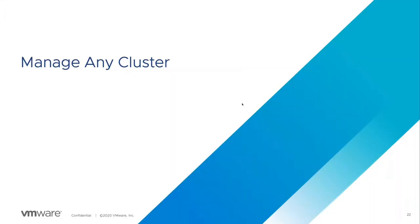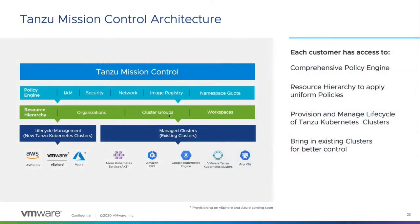Okay, so we talked a little bit about the product itself, and I want to take some time to go over in more detail the use cases and some of the problems we look to solve with Tanzu Mission Control. So this is the high-level architecture of TMC, and TMC is really at its basis a multi-tenant SaaS platform that today lives exclusively on